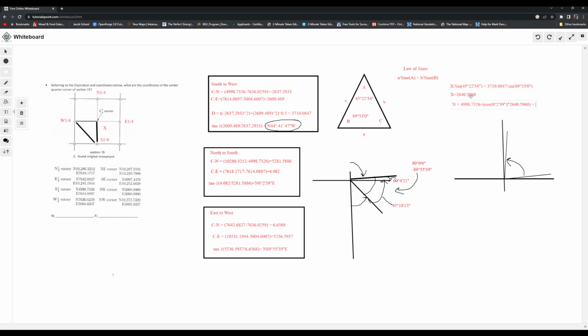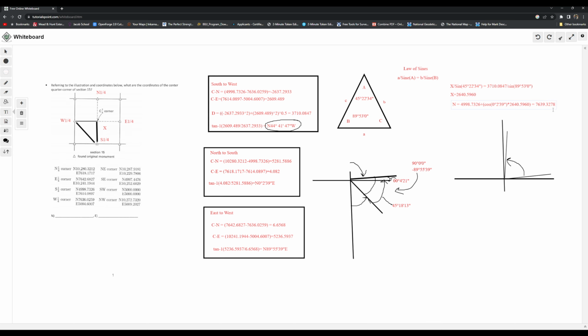All right, so let me do this a little bit differently because like I said, I always get the cosine and sines confused for whether they're supposed to be for northing or easting. So let's do this. So cosine 2 divided by 60 plus 39 divided by 3600 times that by 2640.5960. Yeah, no, it is cosine. All right, so I tried to skip too many steps in my calculator. It's smart, but it can be stupid too. All right, so yeah. So 7639.32